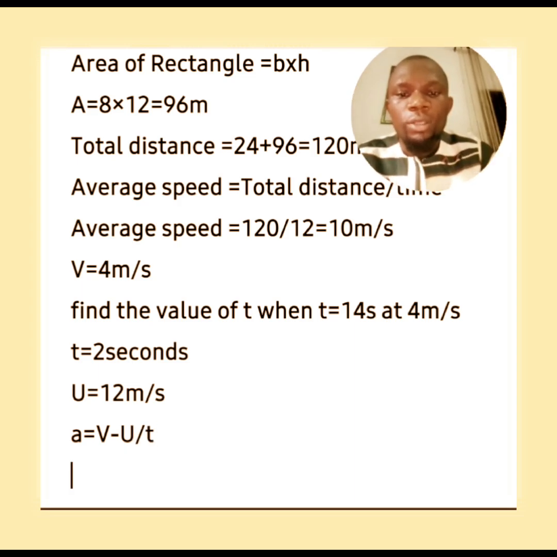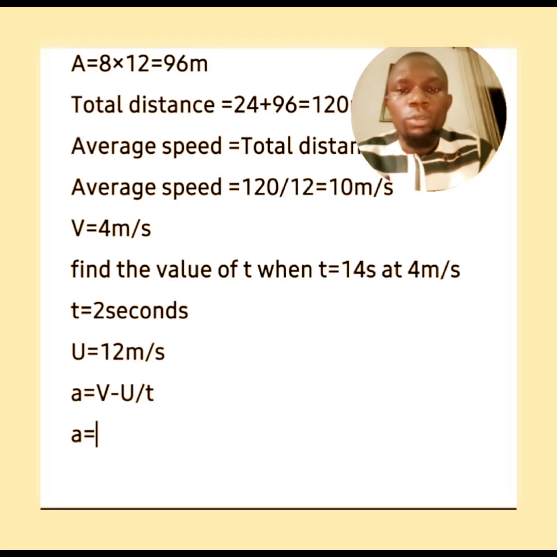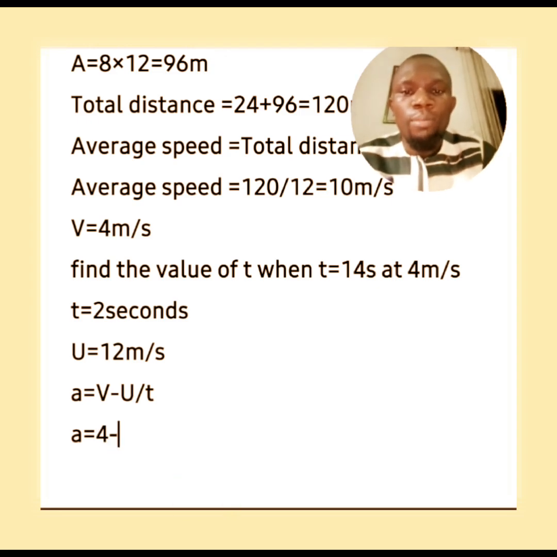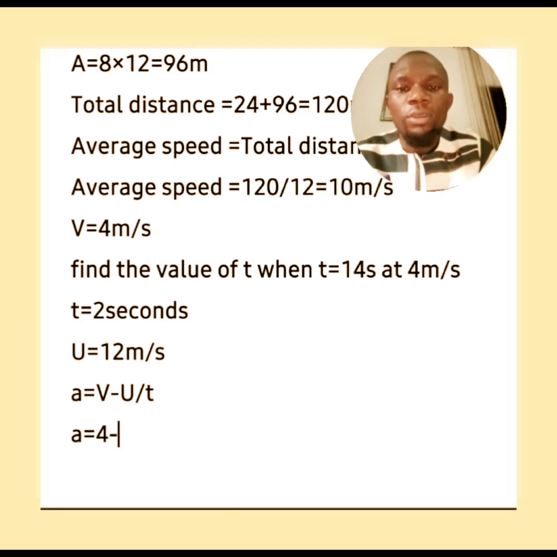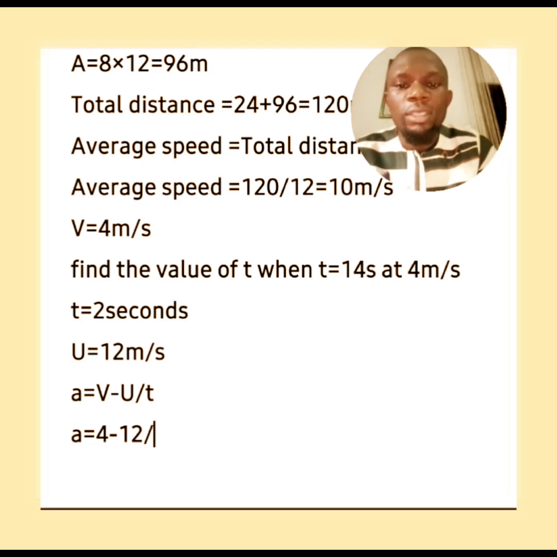So my A, my retardation, equals my final velocity, 4, minus my initial velocity, 12, divided by my time taken at that stage, 2, because it will take 2 more seconds for the car to come to